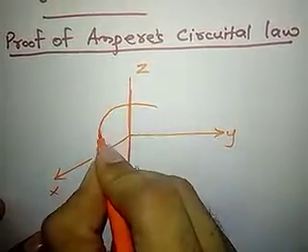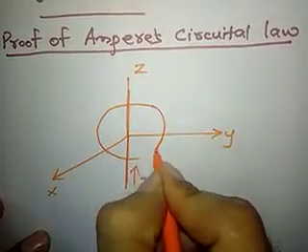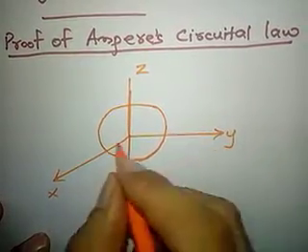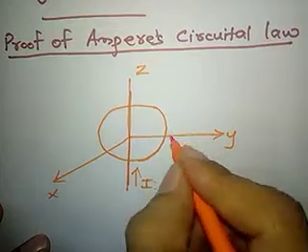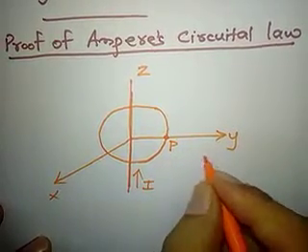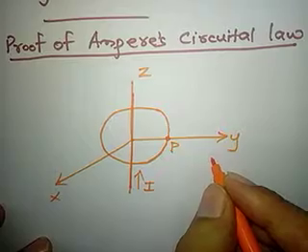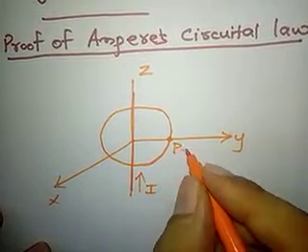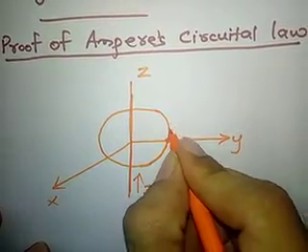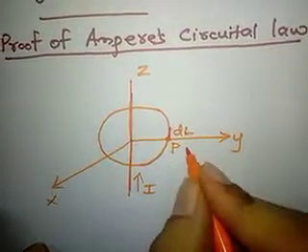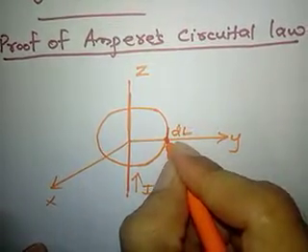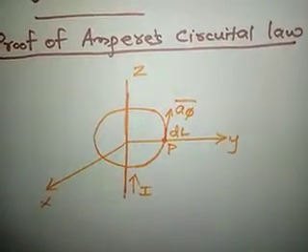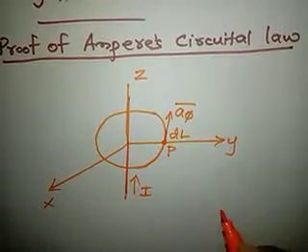Suppose this is the symmetrical path of the flux lines, the concentric flux lines. Let us consider the point P at which we are finding the magnetic field intensity. This is our point of interest here, right? Now we are considering an elemental length dl, and this elemental length dl is in the a phi bar direction. Here we are considering the cylindrical system, right?